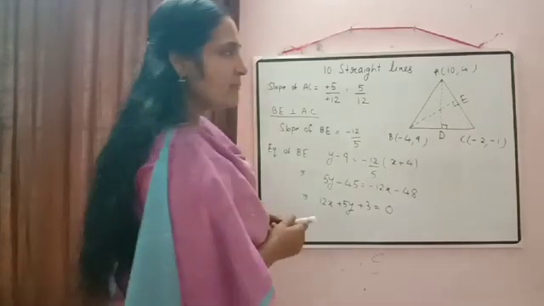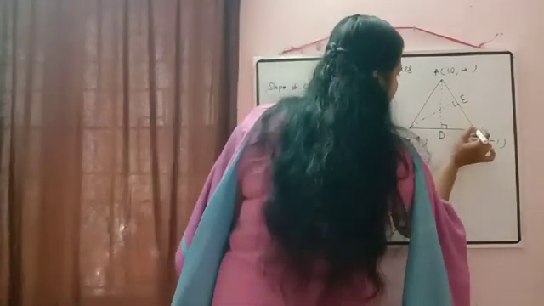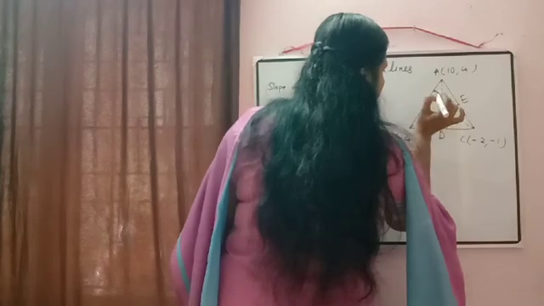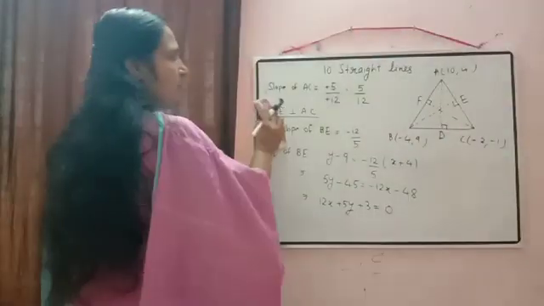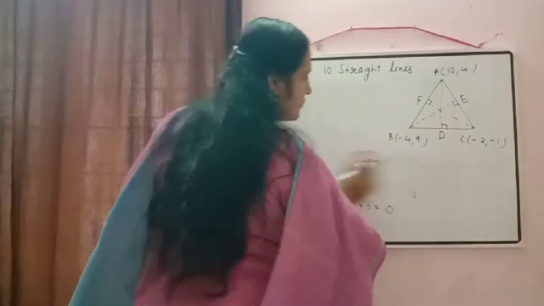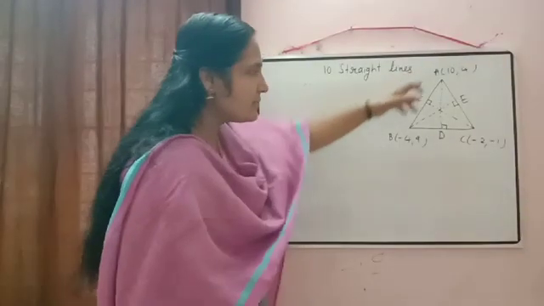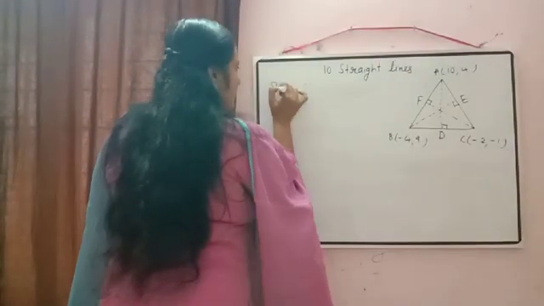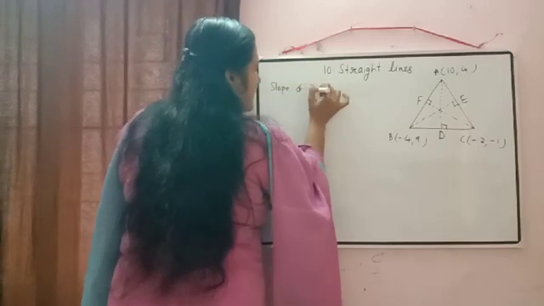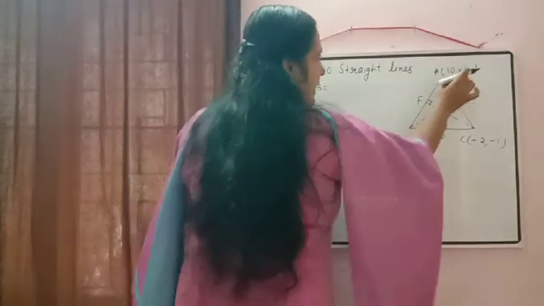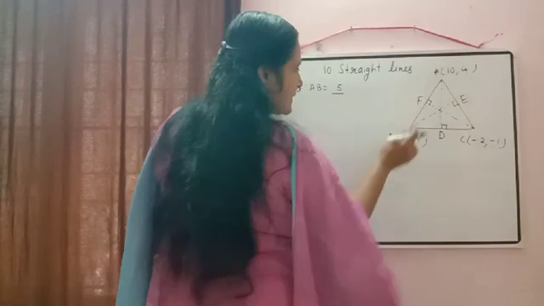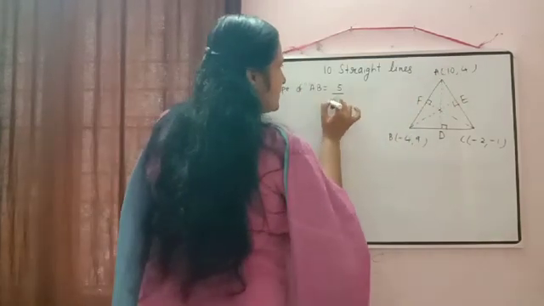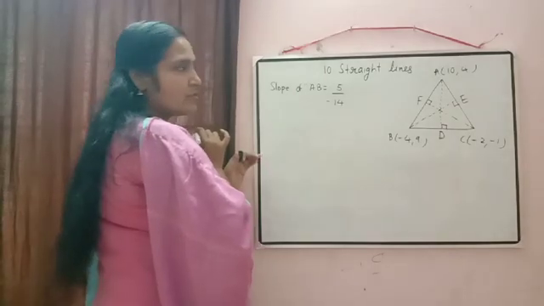In the same way, one more altitude we can draw, that we will draw from the point C. So from the point C, suppose we have drawn the altitude CF. Now we will check what will be the equation of CF. For that, first what will we calculate? Yes, we will calculate the slope of AB. Slope of AB is equal to, according to the formula, y2 minus y1, so 9 minus 4, 5, by x2 minus x1, minus 4 minus 10, so that will be minus 14. Slope of AB is equal to 5 by minus 14.